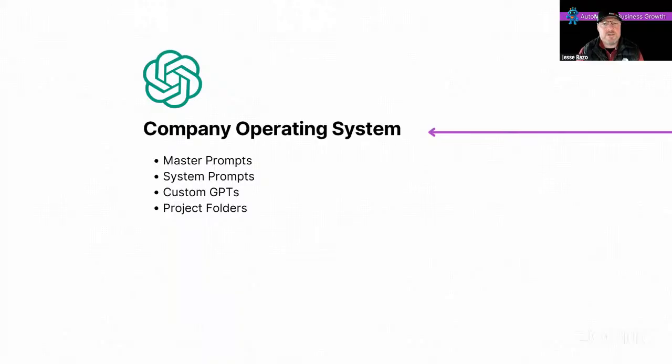Most people that I talk to leverage ChatGPT as kind of like a high-end search engine, or they bounce ideas off of it, or they utilize it to write emails or social media posts and things of that nature. But it's much more powerful than that. And if you understand how to create a company operating system for your organization, then you can have context around what it is that you want to create on a regular basis. Not only context for you, but also context for team members moving forward.